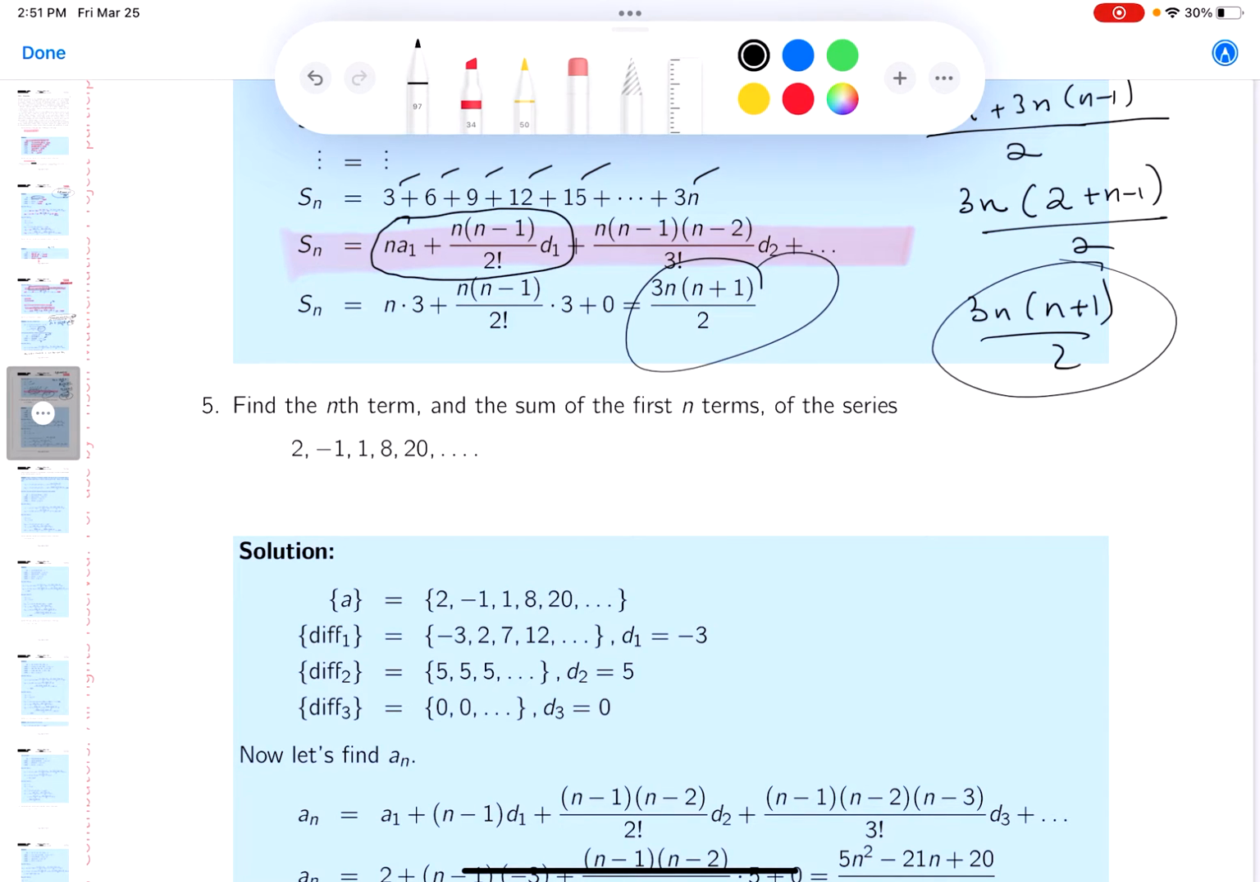Okay, so find the nth term and the sum of the first n terms of the series. So we're given a,